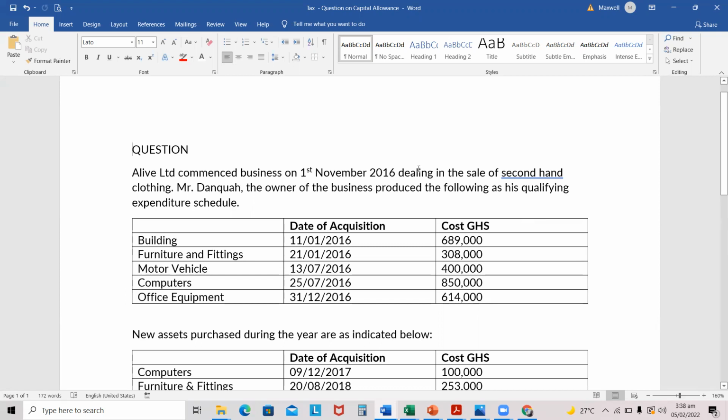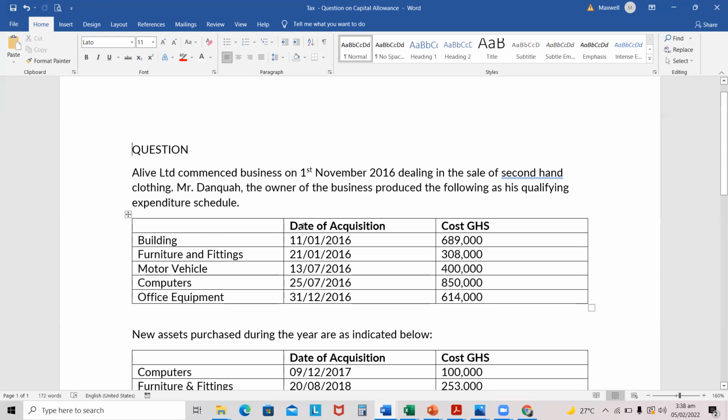Today we are going to solve a question on capital allowance. Alive Limited commenced business on 1st November 2016, dealing in the sale of second-hand clothing. Mr. Dankwa, the owner of the business, produced the following as his qualifying expenditure: